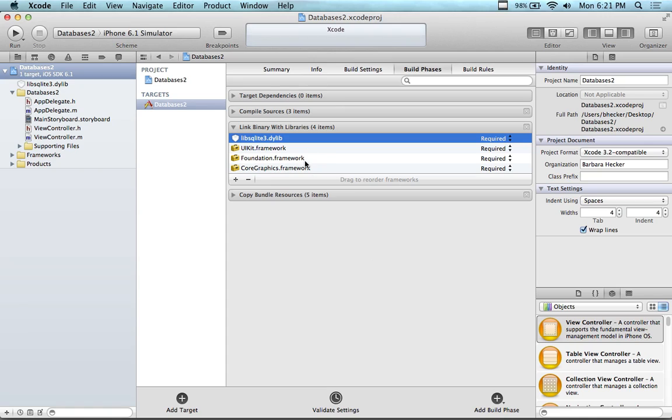And at that point, once you know how to use one framework, which you're going to learn tonight, it's very similar to use another framework, but you need to know which method you're calling and what you're supposed to do with the framework, and then you get the documentation, or you look at tutorials online that show you. So we're going to link this one in here, which means when we compile the program, we're going to link